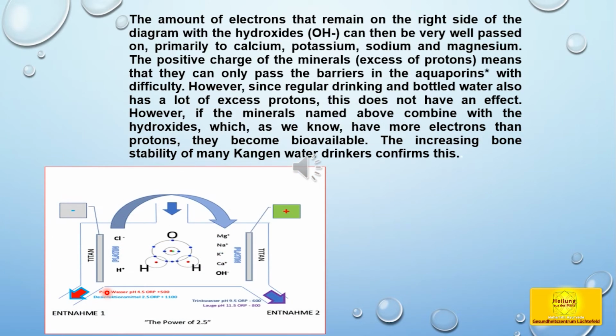The amount of electrons that remain on the right side of the diagram with the hydroxides can then be very well passed on primarily to calcium, potassium, sodium, and magnesium. The positive charge of the minerals, excess of protons, means that they can only pass the barriers in the aquaporins with difficulty. However, since regular drinking and bottled water also has a lot of excess protons, this does not have